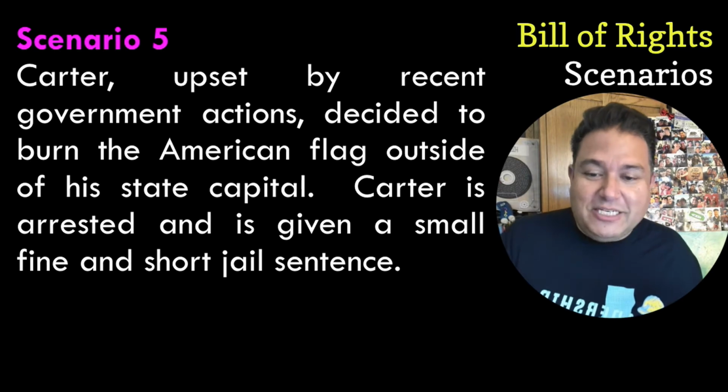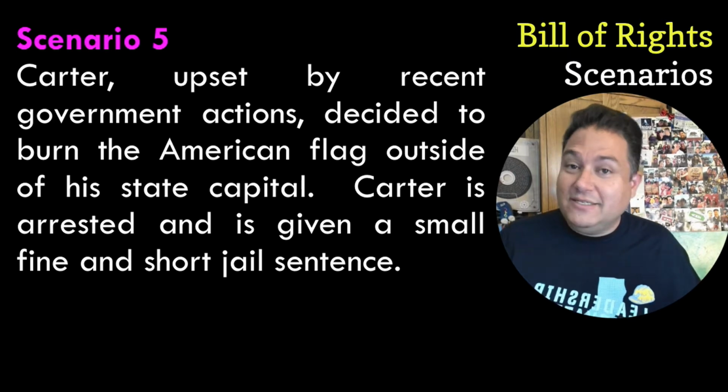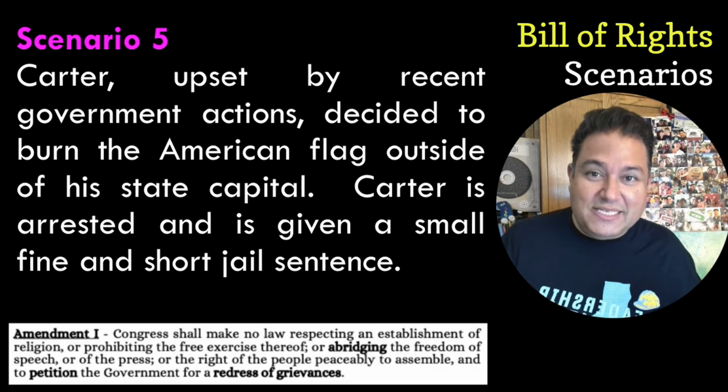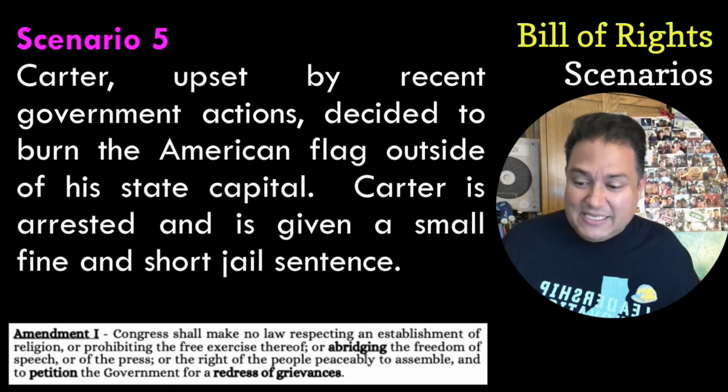Carter, upset by recent government actions, decided to burn the American flag outside of his state capital. Carter is arrested and given a small fine and a short jail sentence. Can the government do that, or is the government violating Carter's rights? What did you say? Well, the correct answer is yes, they are violating his First Amendment rights, because it was